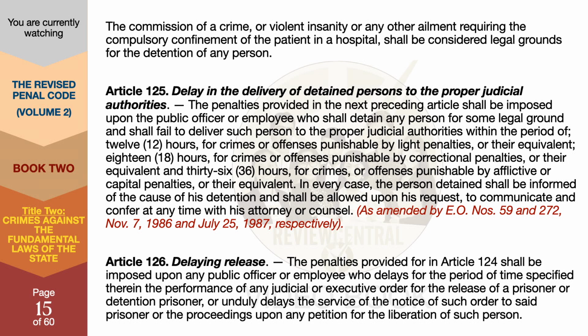Article 125. Delay in the delivery of detained persons to the proper judicial authorities. The penalties provided in the next preceding article shall be imposed upon the public officer or employee who shall detain any person for some legal ground and shall fail to deliver such person to the proper judicial authorities within the period of 12 hours, for crimes or offenses punishable by light penalties, or their equivalent, 18 hours, for crimes or offenses punishable by correctional penalties, or their equivalent, and 36 hours, for crimes or offenses punishable by afflictive or capital